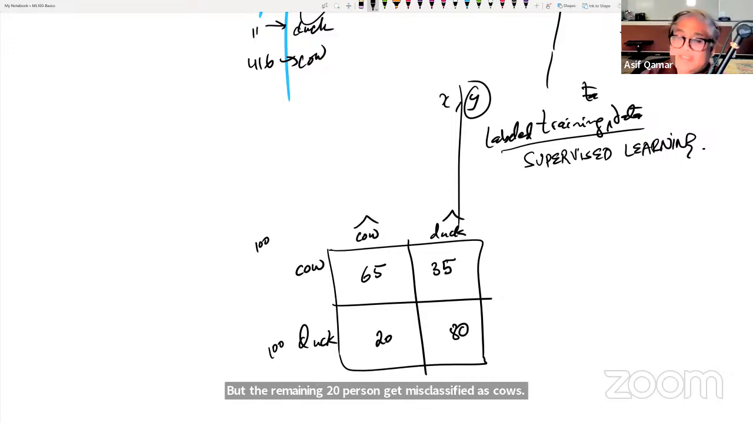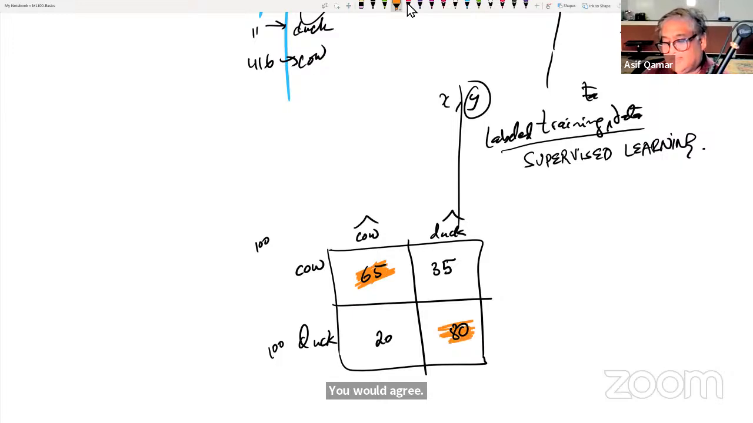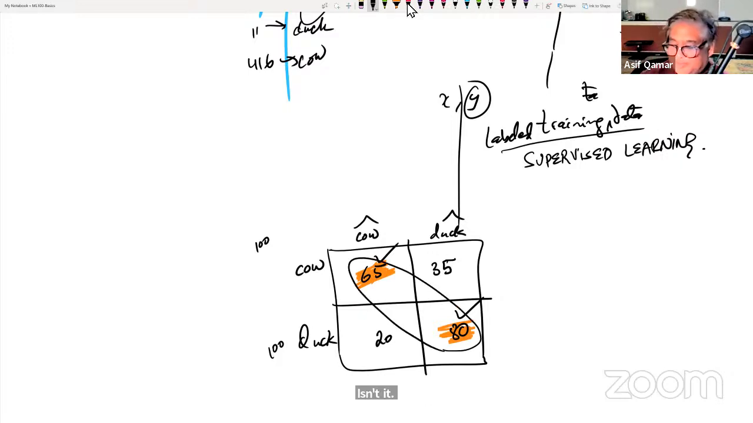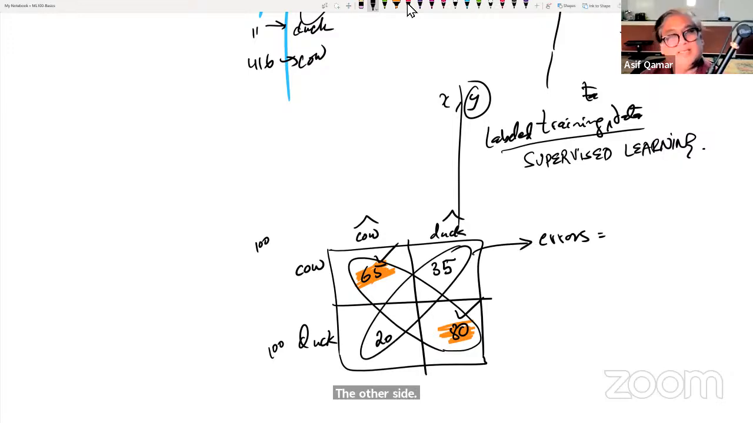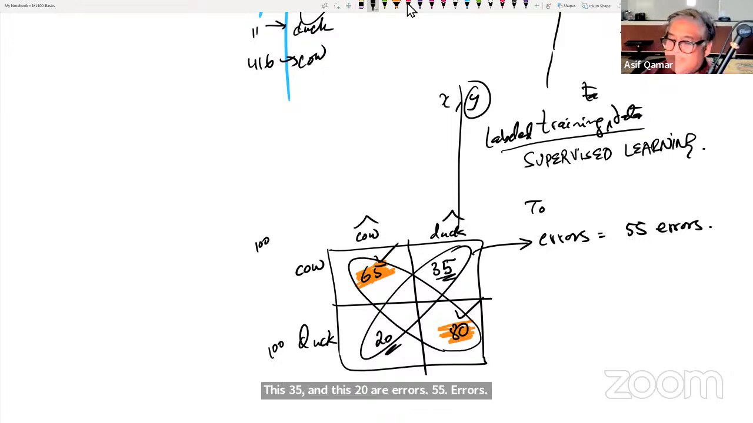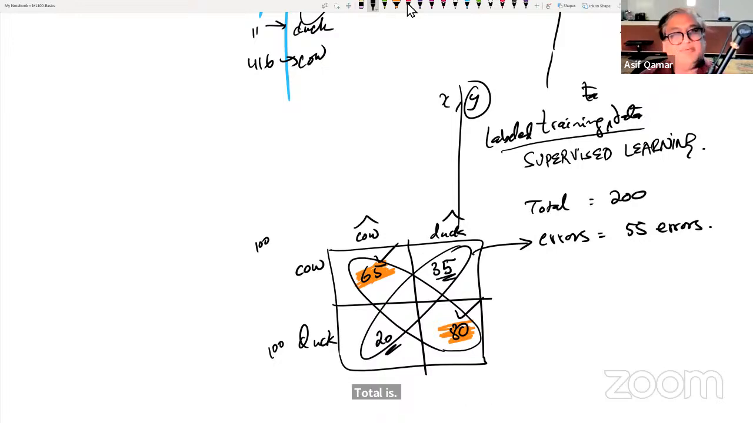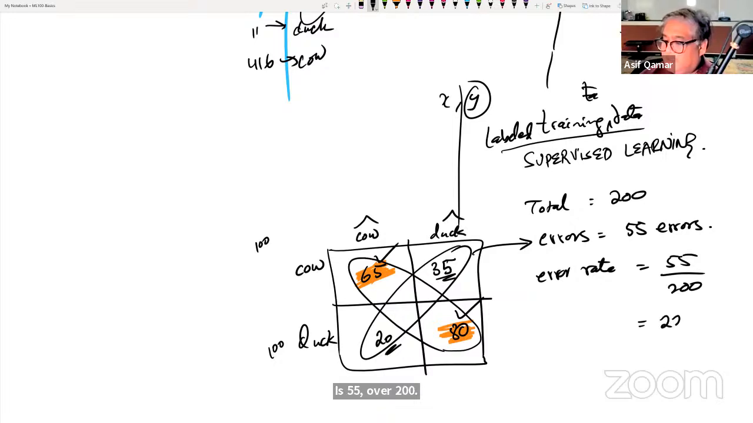So when you look at this axis, you would agree that these things represent the correct answers. You can say that this is correct and this is correct, isn't it? So the errors are these. This 35 and this 20 are errors, 55 errors. Would you agree? Total data points is 200. And so you say error rate is 55 over 200, that is equal to 22.5%,